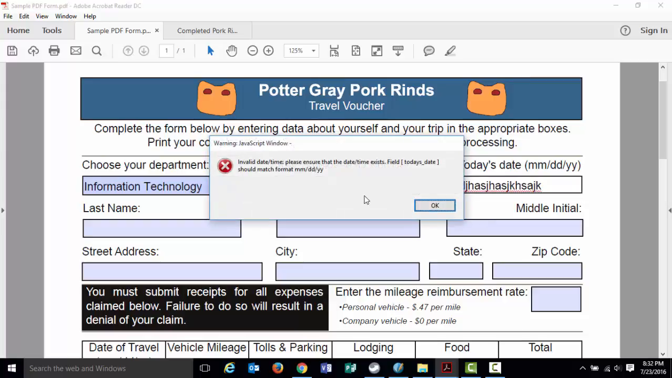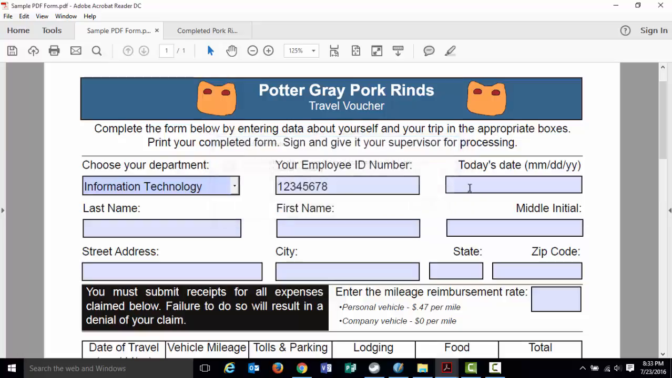It's going to say, hey, that's an invalid type of data. I'm looking for date information, and it wants it in a specific format of month, day, year. So you have to put that in here. So I'm going to put 01, 17, last name, and you just type in text here, and so on. So you type in your